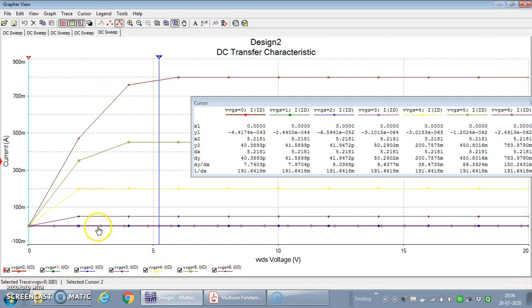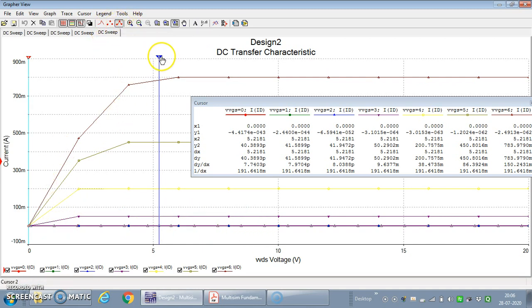So for every value, we have given drain to source voltage to be increased, taken in the multiples of 5. So 5, 10, 15, 20 it is giving. In the multiples of 2. So 2 volts, 4 volts, 6 volt, 8 volt. So on likewise from 0 to 20. So for every increment of 2 volts, VDS increasing in the steps of 2, it has taken the data points and they are joined. So that is clear from here.